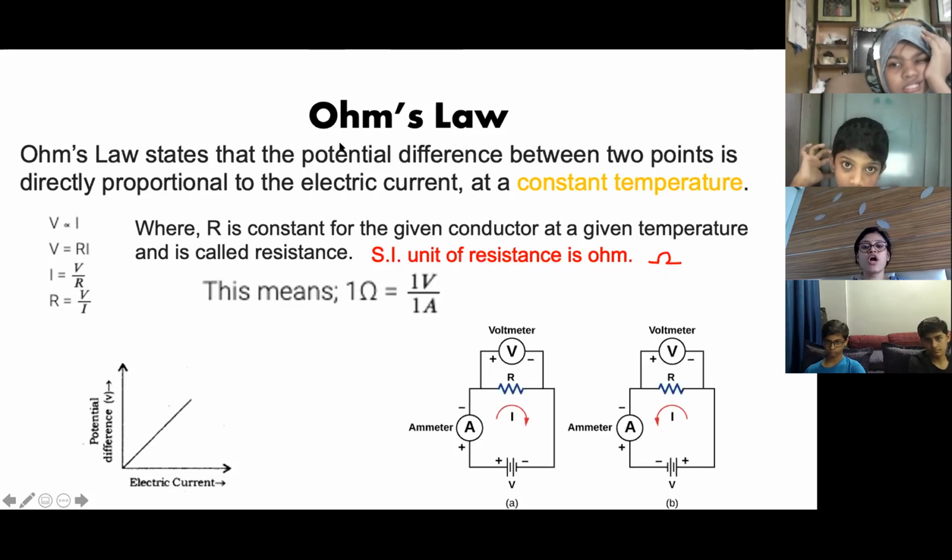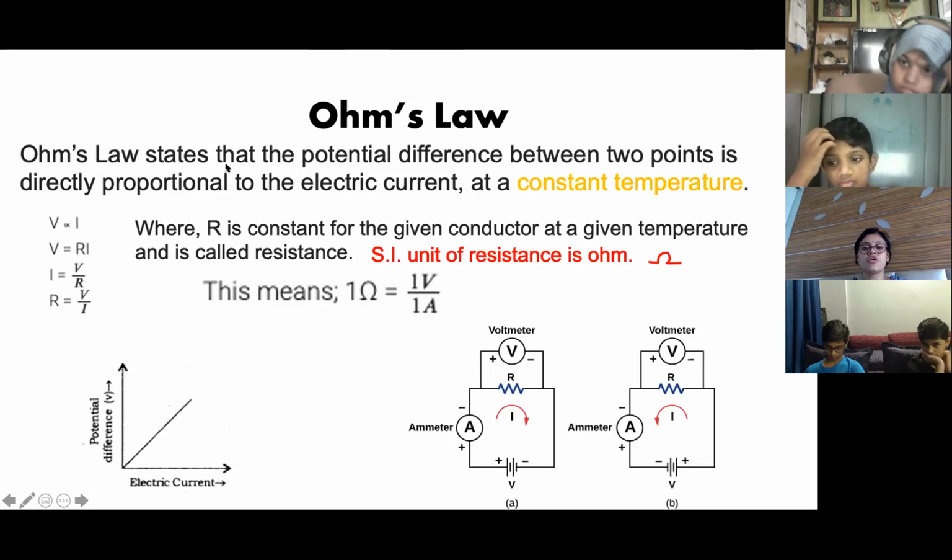So Ohm experimentally proved and gave a law. He said that at constant temperature, the law is valid; otherwise, this law is not valid. So whenever it is asked, state Ohm's law, you have to mention at constant temperature. Otherwise, it is not Ohm's law. If you write till here and you don't write at constant temperature, you'll get 0 marks, because the law is not valid when the temperature is not constant.